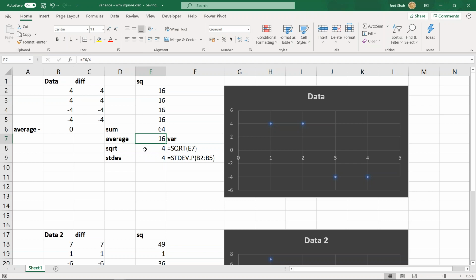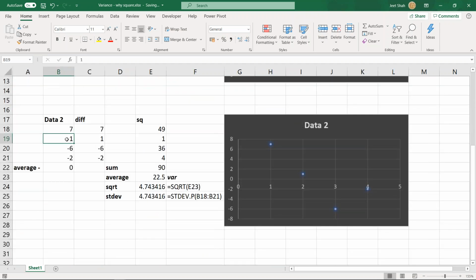So I'm assuming everyone understood. Here's another example with a few different numbers. So it amounts to the same thing, it comes to 0. Okay, but the moment you square the differences, the moment you square the data points and then get a total, you'll be able to get a good average of it. Okay, so this becomes your variance, right? And then if you get the square root of this average of the squares, that will become your standard deviation,